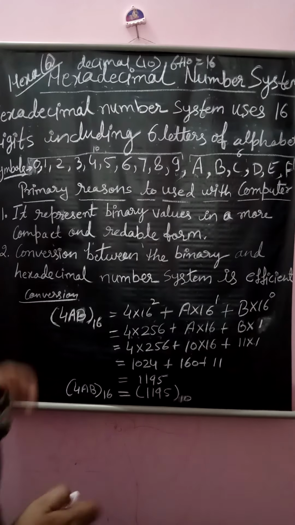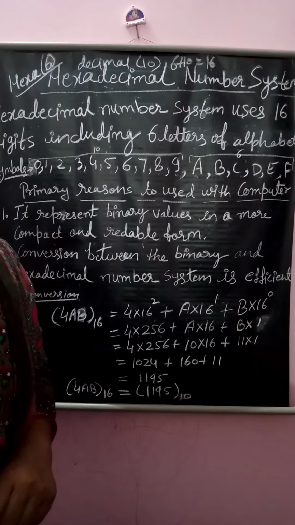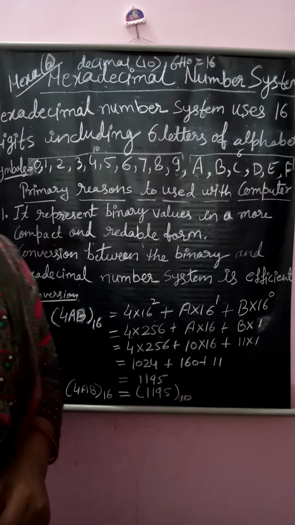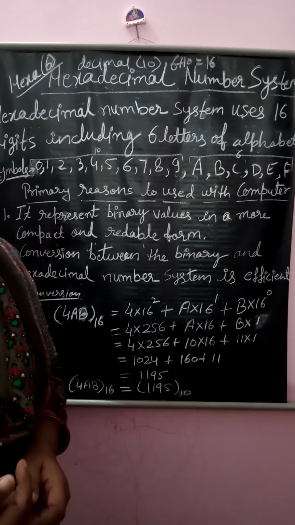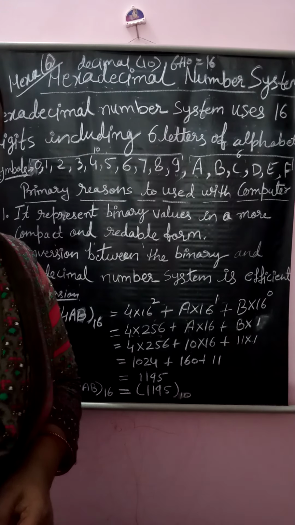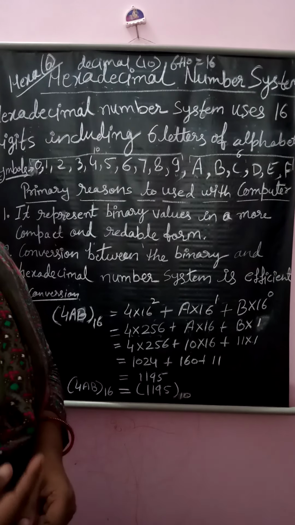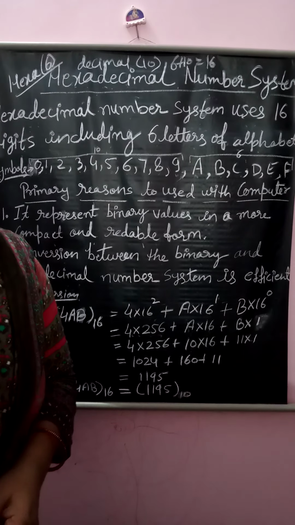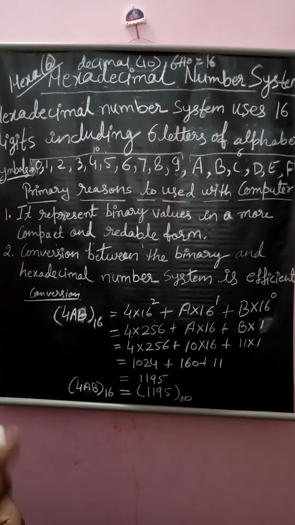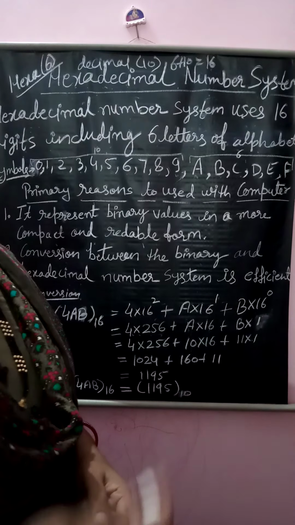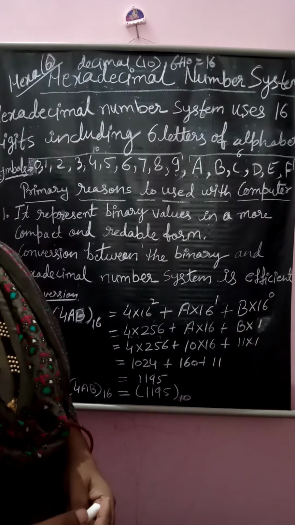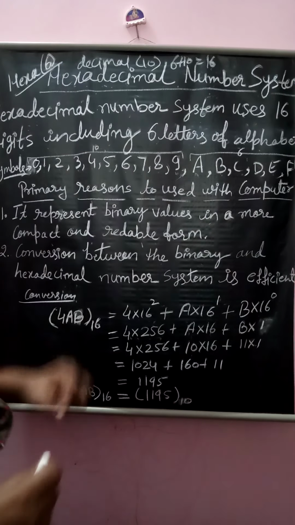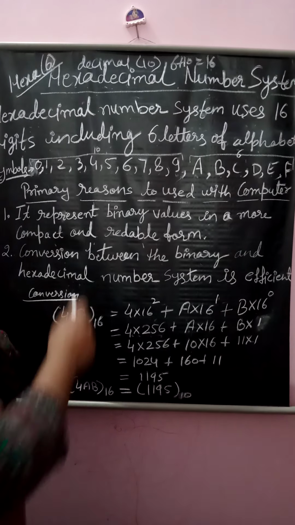Why? Because binary number means 0 and 1. With the help of 8 binary digits, we get bits, which we call the smallest unit of measurement of memory. 8 bits is equal to 1 byte. So in just 2 bytes we can calculate the 16 digits. So that's why it is easy.